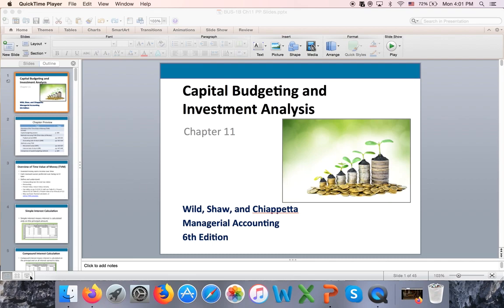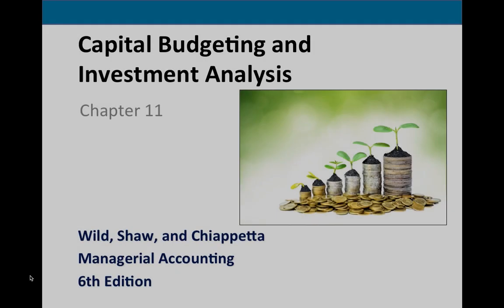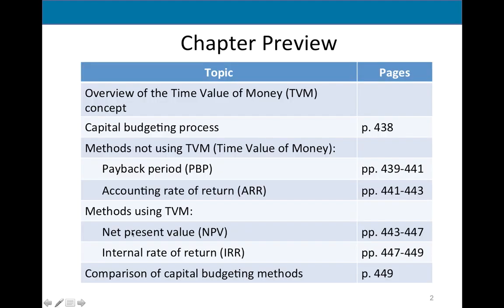So I already covered the first part of this chapter, which is in a different video, chapter 11, part 1, and that's where I gave the overview of the time value of money. That's a very basic and fundamental concept. So if you're still confused about present value of annuity, discounting, compounding, please watch part 1 of chapter 11